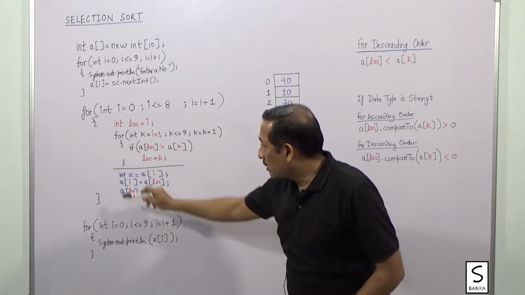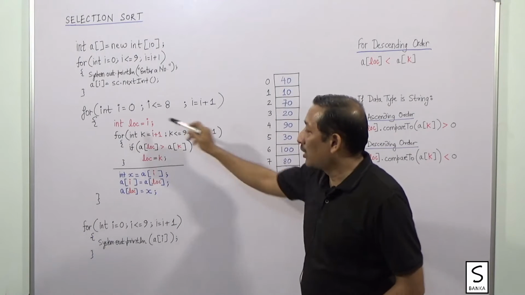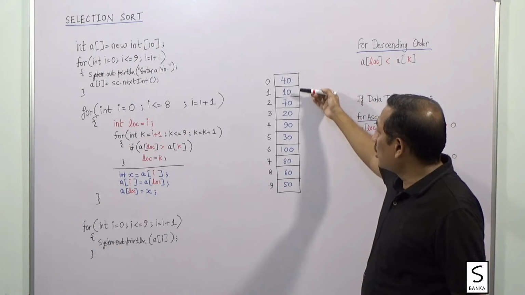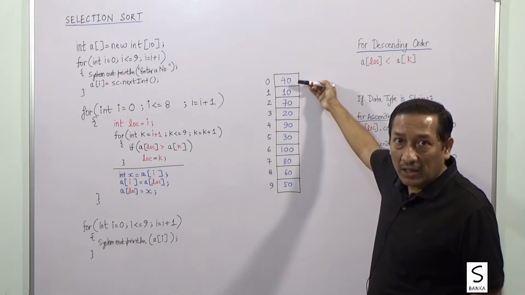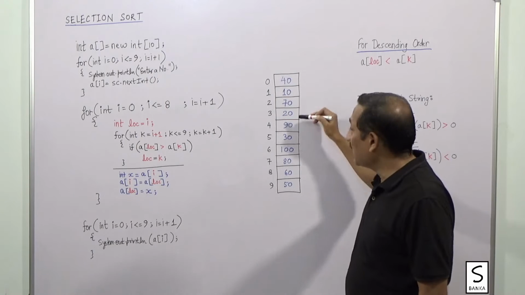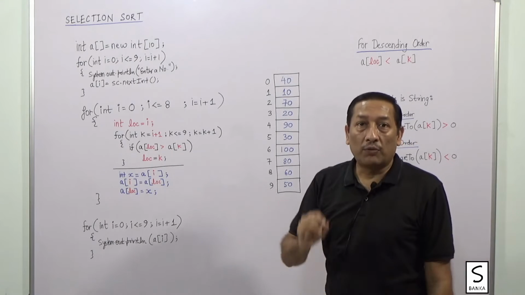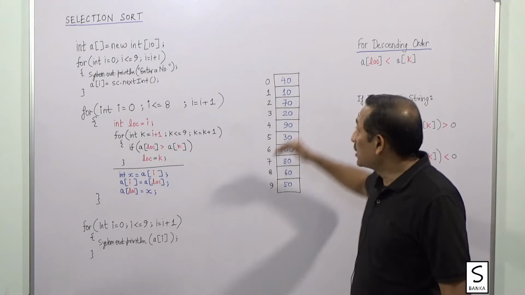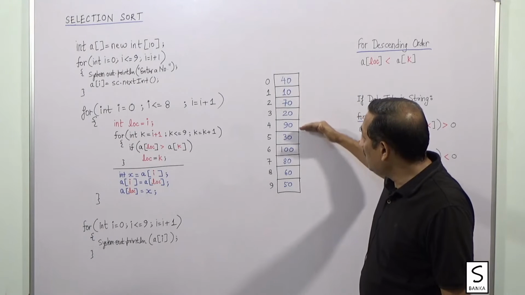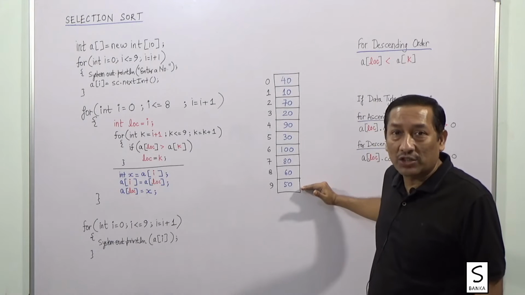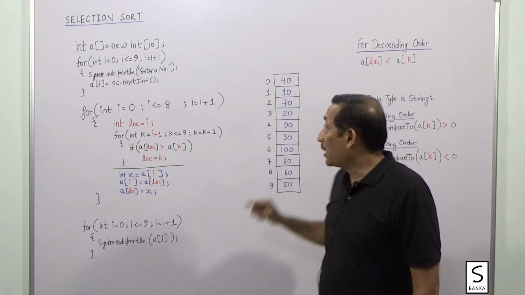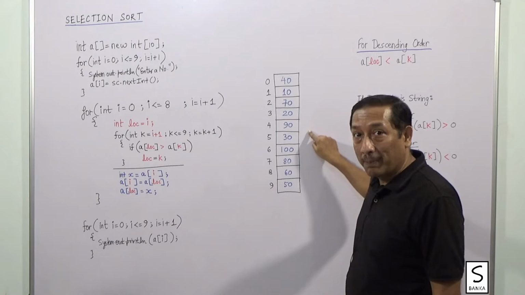Now this part, the sorting part, the logic behind it, I will explain using this array as an example. You can see this array is not organized in any order. It is neither ascending order nor descending order. So how do I arrange the data in ascending order? For the data to be in ascending order, the smallest data has to be at location 0, and thereafter in increasing order the data needs to be arranged, and the biggest data has to be at the last location, which is A9.